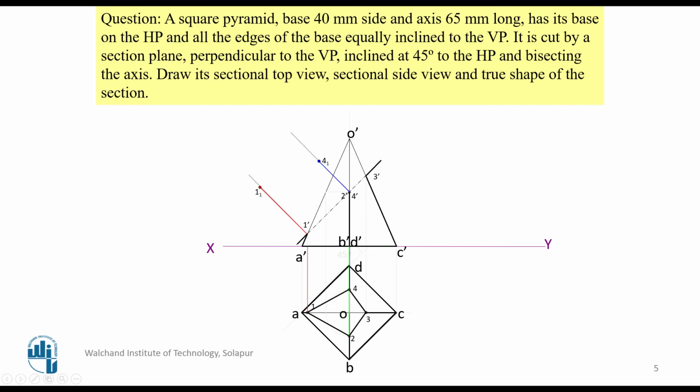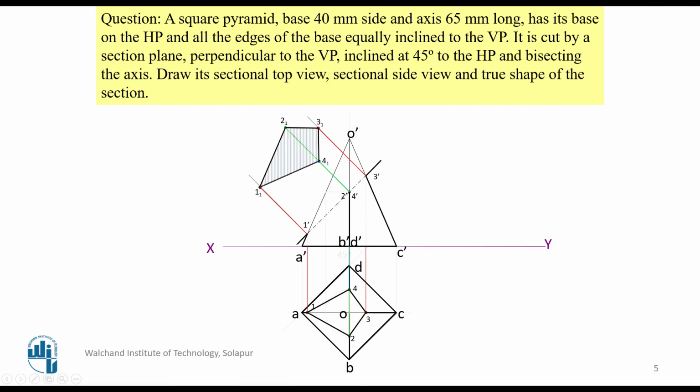Now on this you are going to transfer this particular point. If you bring this point here, it is going to cut it here. Keep the compass on the XY line cutting position, then measure this distance up to this particular point. Keep the compass here, then cut this particular line. So now this is 1 suffix 1. You have taken this naming. Similarly, you go for 2, keeping the compass here, taking this distance, keeping the compass back here, then measuring this distance. Like this you get these 4 points. Then join all these 4 points. This is the true shape.